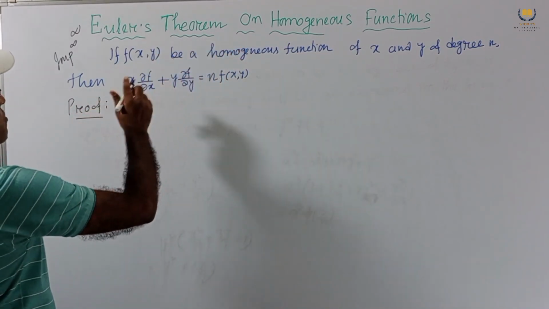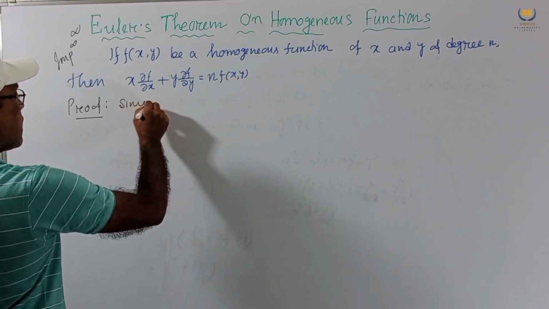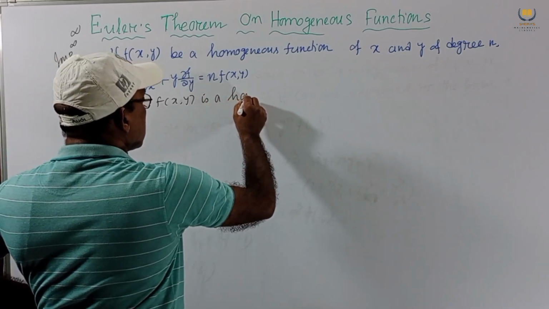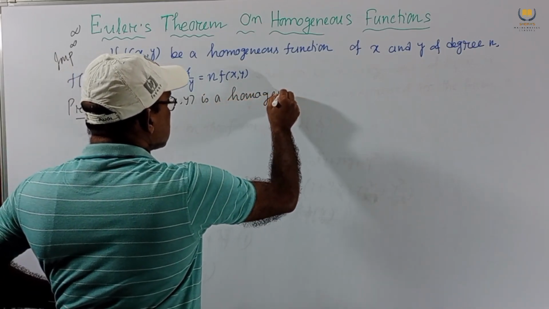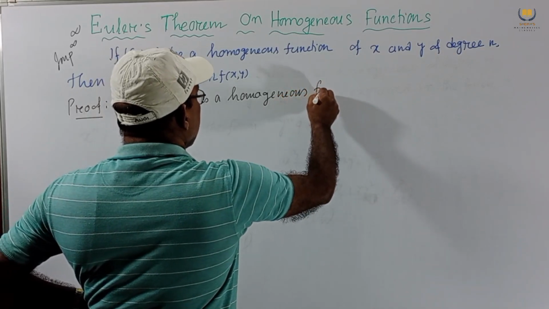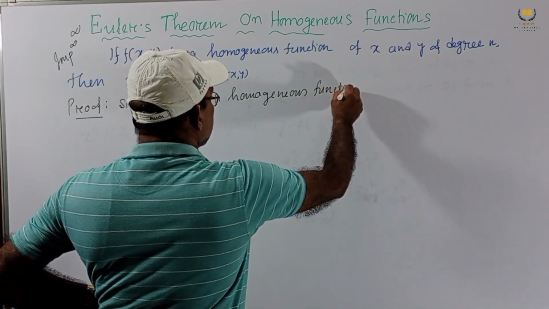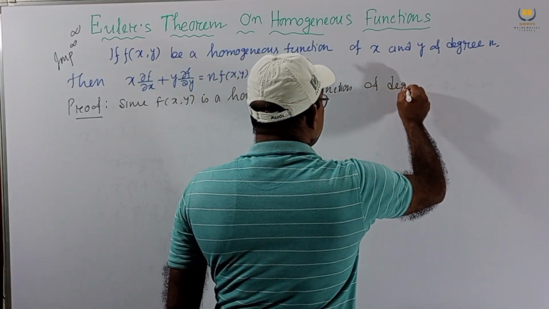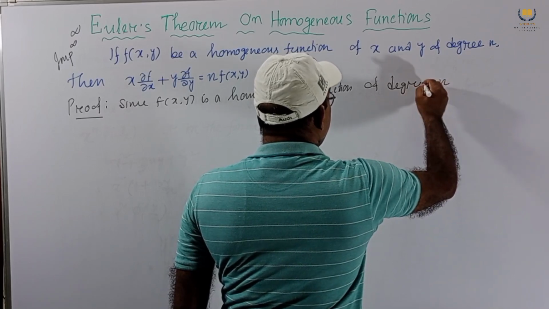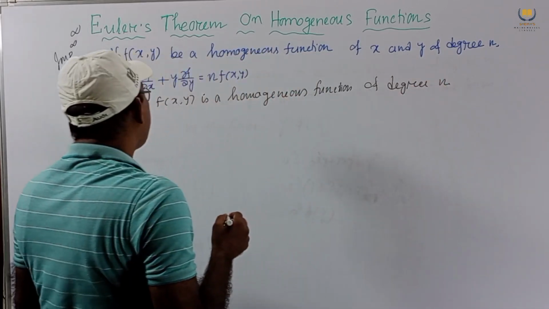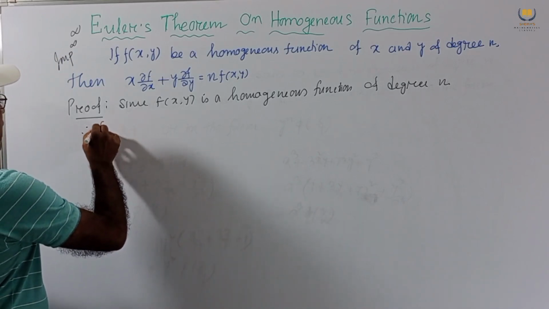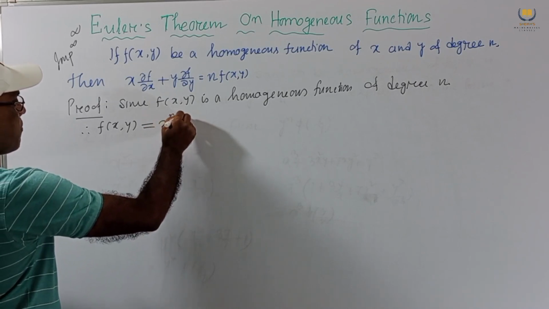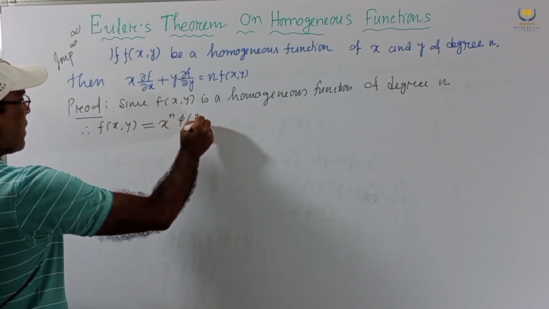Here given f of x,y is a homogeneous function of degree n. Therefore we can write f of x,y as x to the power n phi of y by x,